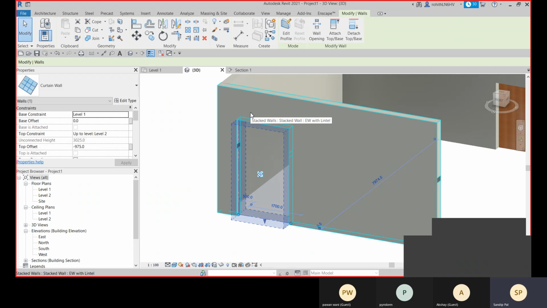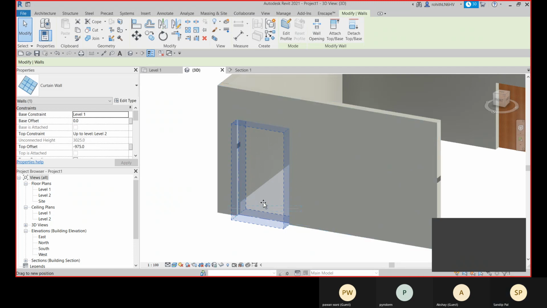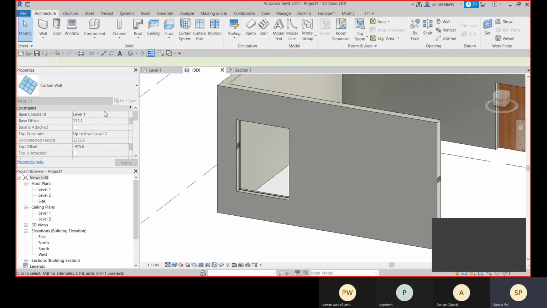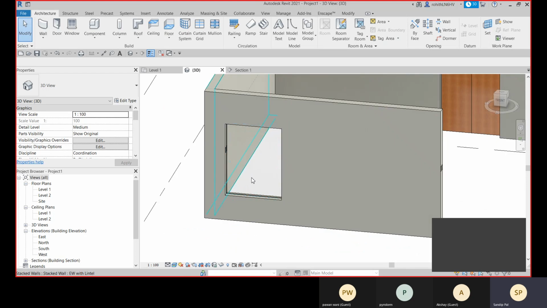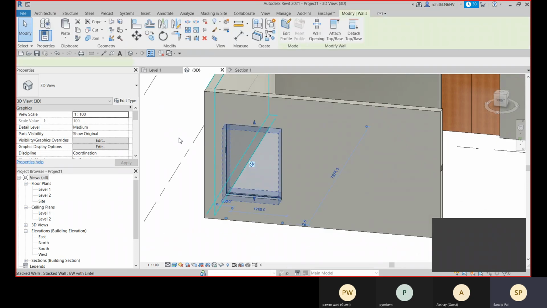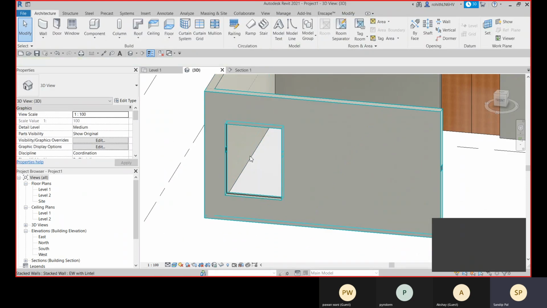So that is the meaning of embedded. And this is the one curtain panel. Okay, with this curtain wall you create a panel, and after creating this panel also you can apply and subdivide. So for that we have this curtain grid option.